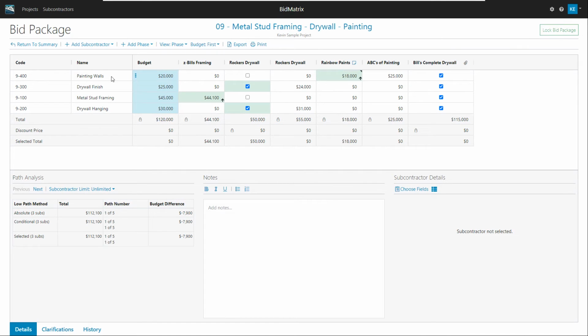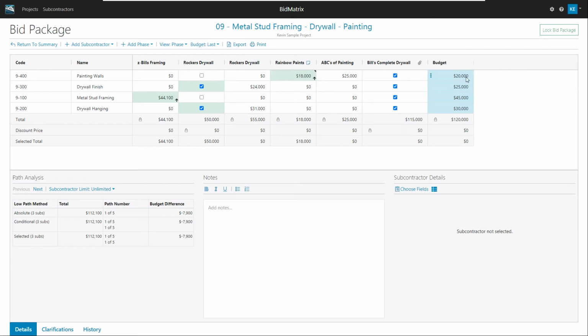The other setting here is for where the budget's going to be. The budget by default shows up right next to the name here, which in a lot of cases is maybe nice when you first start getting a couple values in here. But in most cases, the budget's worthless once you start getting subcontractors in here. So this is a nice little feature, because you can say last and it'll throw your budget way at the far right-hand side, so it can keep the most important numbers closer to your descriptions and so forth.